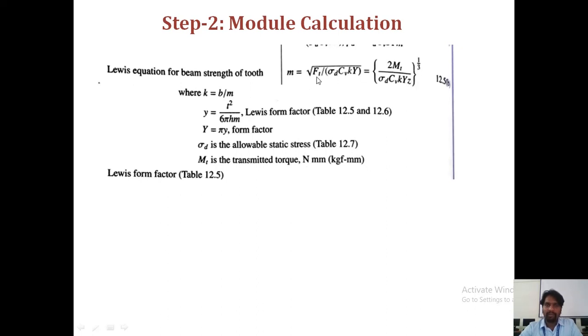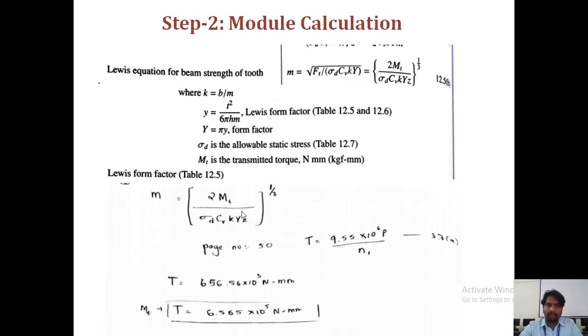So here we know that Ft is equal to the tangential load, sigma d is the allowable static stress, and we need to calculate the velocity factor Cv and K, Y. So in order to calculate the module, this is the equation I have chosen, 2 Mt divided by sigma d C v K capital Y into Z. From page number 50, we need to use this equation to calculate the torque required